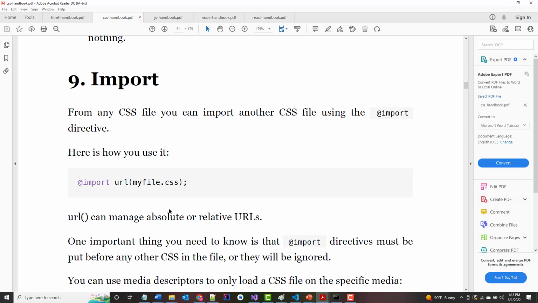It says from any CSS file, you can import another CSS file using the import directive. All right. So that URL, as it says, you can use this for either an absolute or a relative URL. It says one important thing to know about imports is they must be put before any other CSS in the file, or they can be ignored. Now, one of the places where this can become important